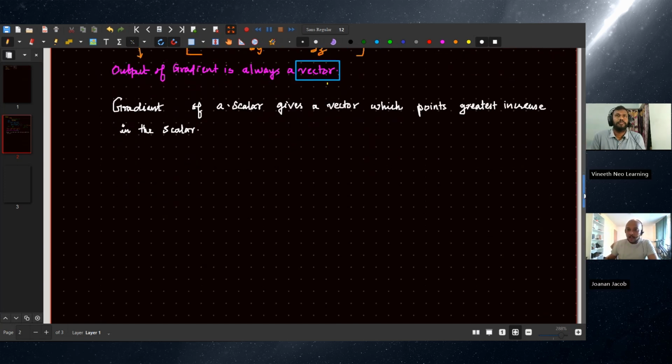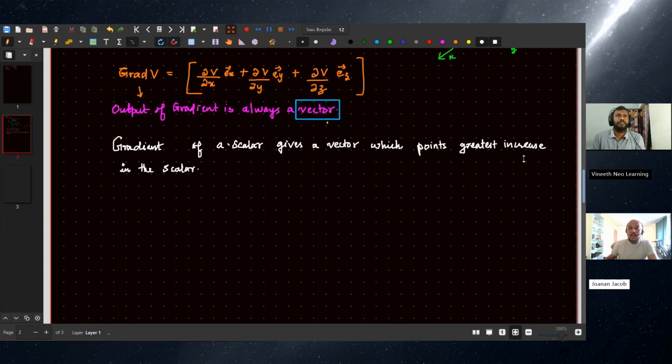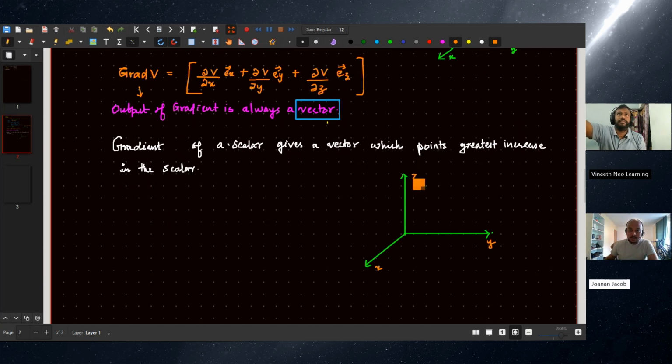Suppose so. As I said earlier, we had scalar functions. A scalar field is a function which takes each point in space and associates it with a number, isn't it? So if you have a three-dimensional space x, y, and z, this scalar will have different values at different points, isn't it? And there will be a particular direction in which this scalar will increase maximally, which means that suppose